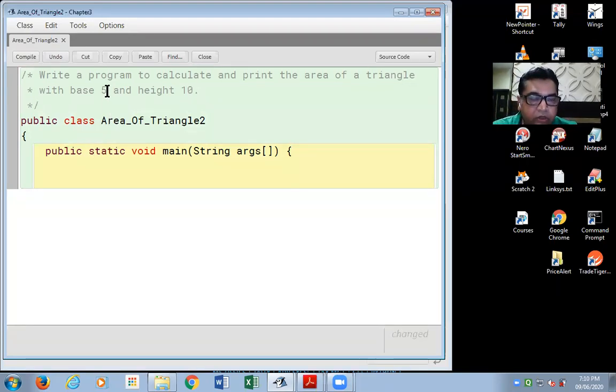Let's just casually change the value of base to 10 and height to 20. A very simple change that I've done. The value of base is given as 10 and the value of height is given as 20.